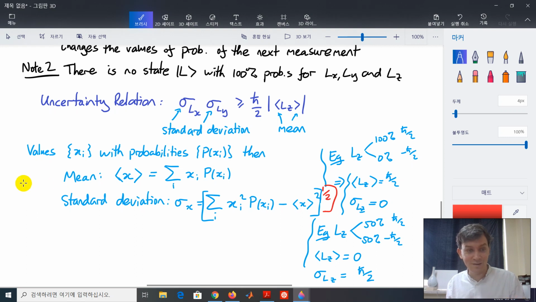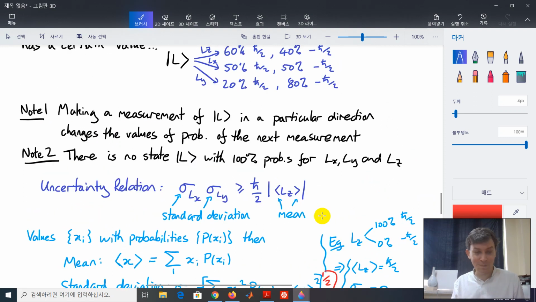Right, okay. So, like I said, I'm hoping you've seen these definitions before in a maths or statistics class. I certainly did at high school, but I don't know about here. Anyway, so now we can go back and try to understand this formula. What this formula is saying is that the standard deviation, that's the range of possible values for Lx, times the range for Ly, is always greater than or equal to some constant, again Planck's constant is here, times the